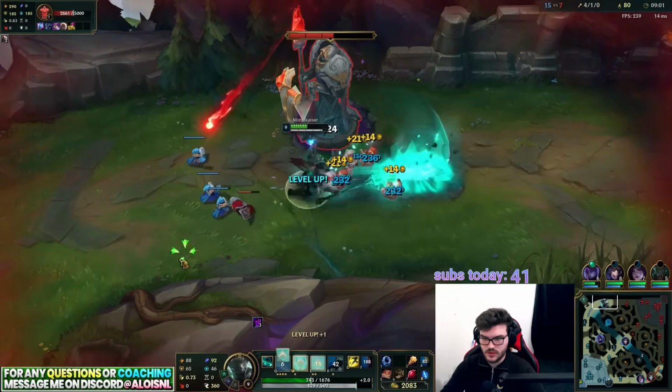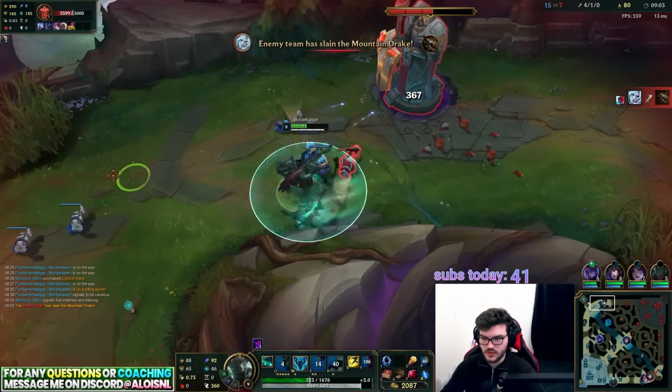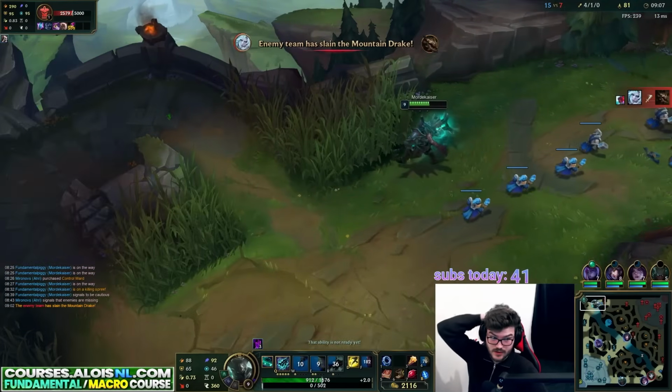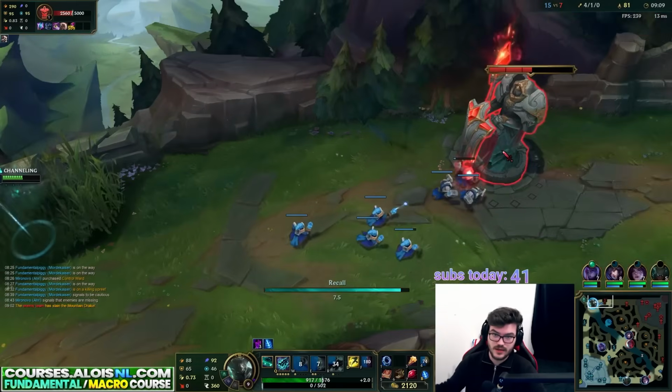For a second, I thought that was Diego. It was the ward disappearing. I mean, after I saw the Yone coming top level, I'm already like, yo, what is this guy cooking, man? Like, this guy is...